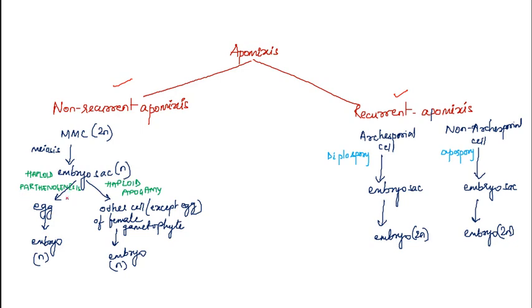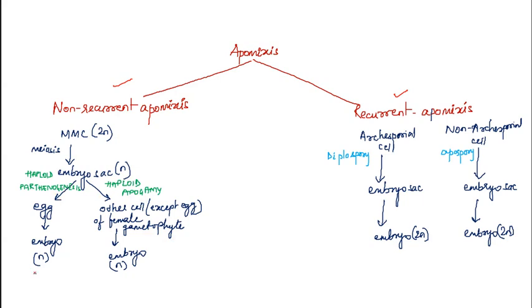Now here we see that when the embryo arises from any other cell of the female gametophyte except the egg cell, it is known as haploid apogamy. So remember, when the word gamy is there, then this is haploid. Gametophytes are haploid, sporophytes are diploid. When the word gamy is there, it means haploid. And parthenogenesis also will produce the haploid embryo.